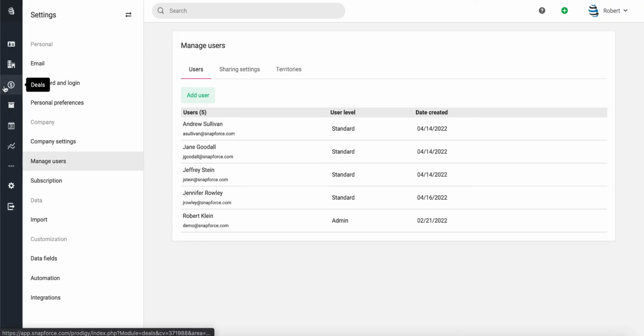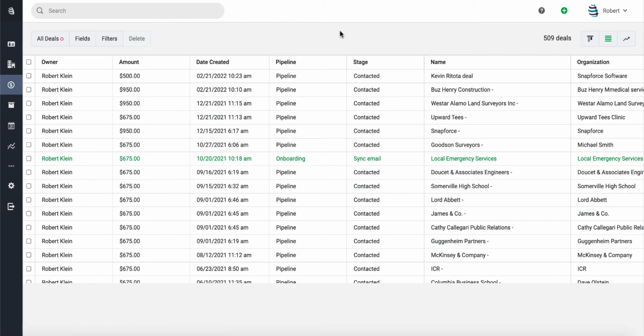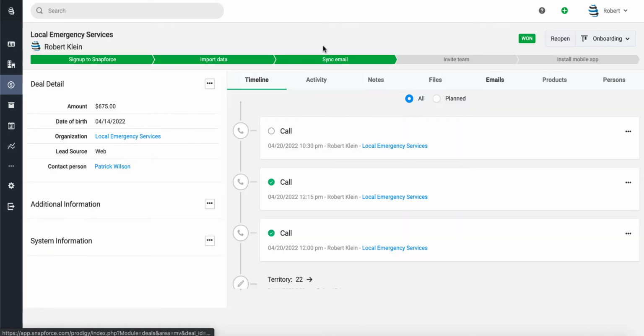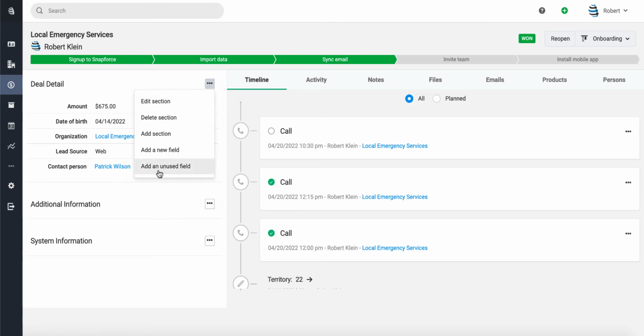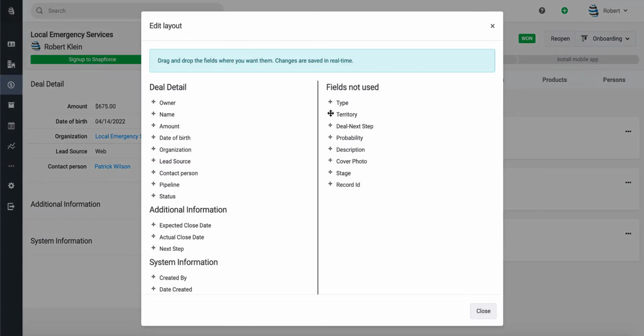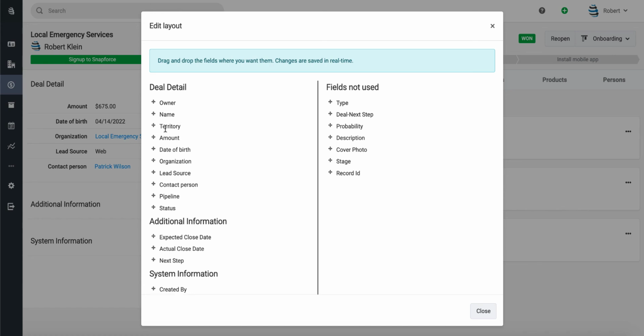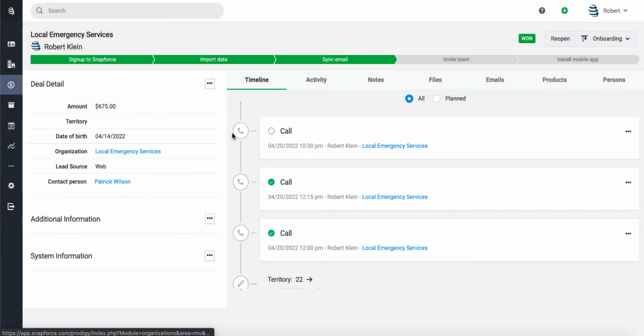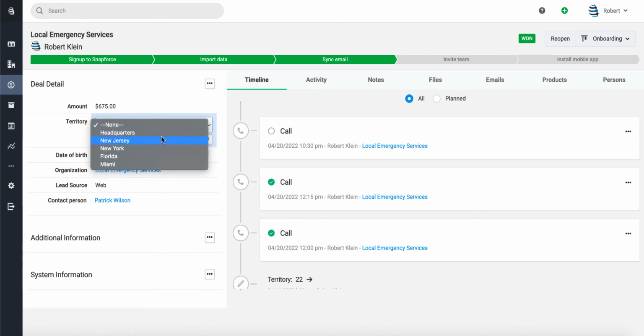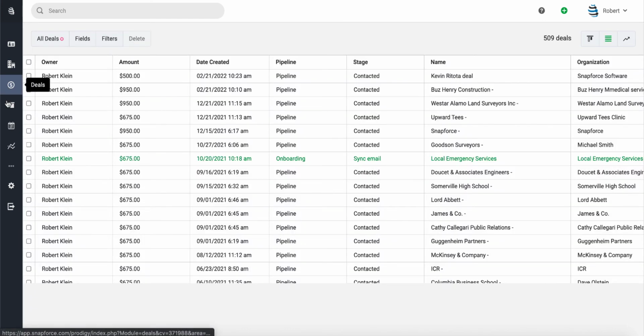Alright, we're back in our admin account. Let's go over to our deal list. The first thing we have to do is add that field to the page layout. You'll see here when we're looking at a deal, the territory field's not visible. So we should first make that territory field always visible. Let's drag it into our layout. There you go, now our territory field is there. If you go to edit a deal, you can select from one of our existing territories. And now to go back to our list,